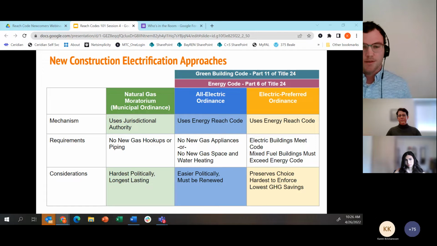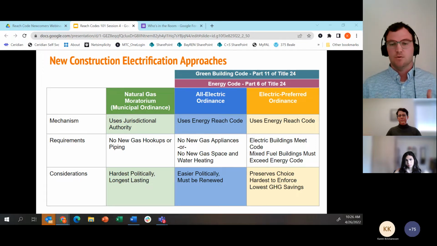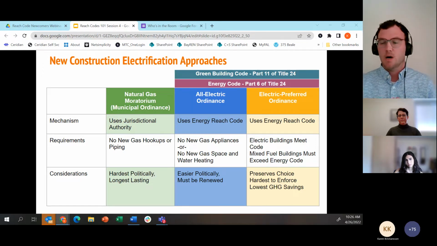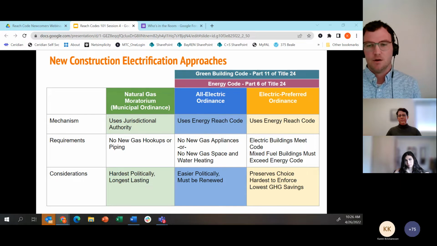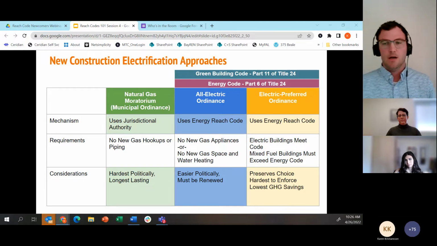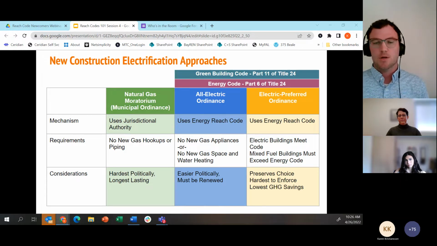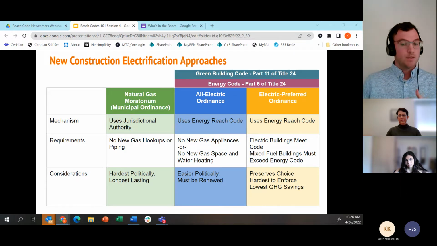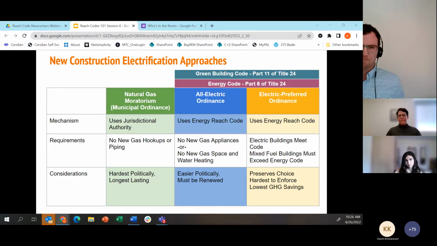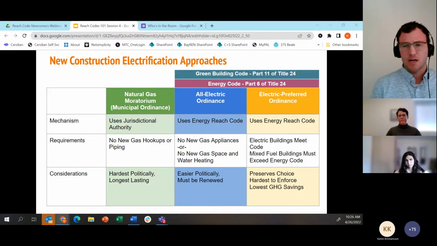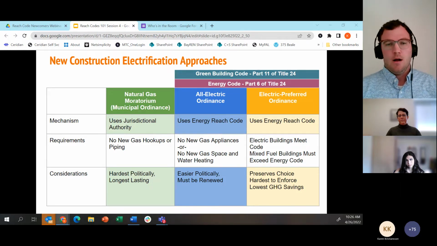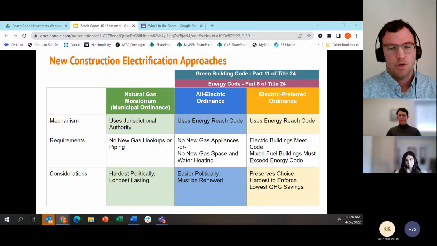The additional requirement that's placed upon a mixed-fuel building is that it must exceed code by a given compliance margin, expressed as a percentage, comparing the proposed design, whatever it may be, to the standard code-compliant design.